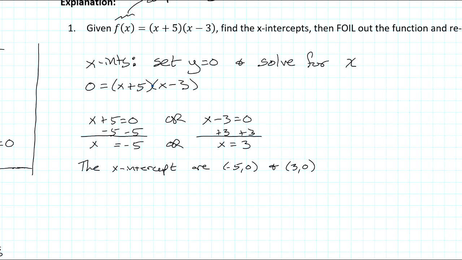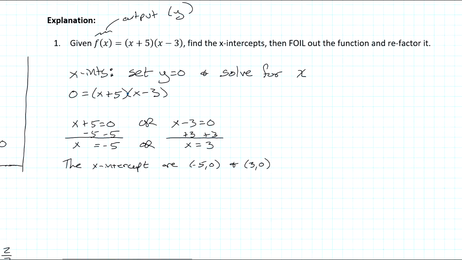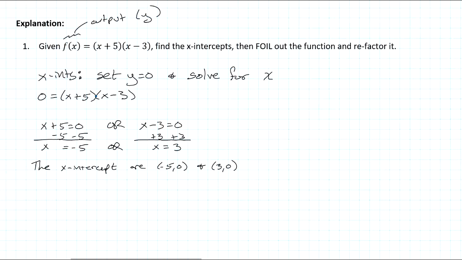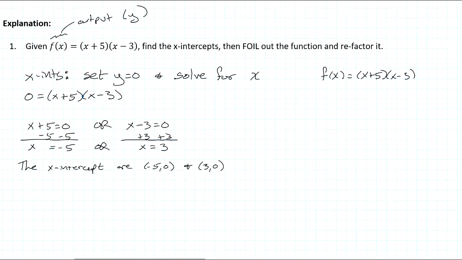And this is great. If we have something in this factored form, we can set y equal to 0 and then solve for x to find the x-intercepts. However, most quadratic functions are not given in this factored form. If I take f of x equals x plus 5 times x minus 3, and we FOIL this out,